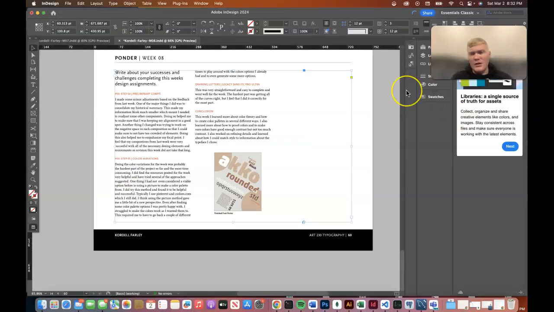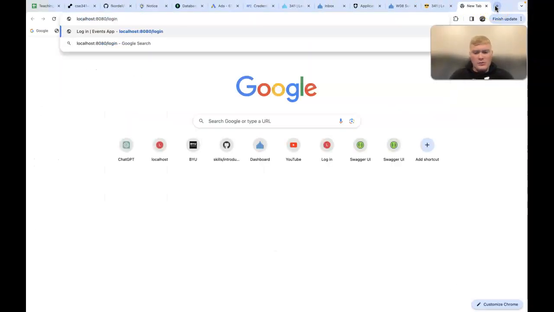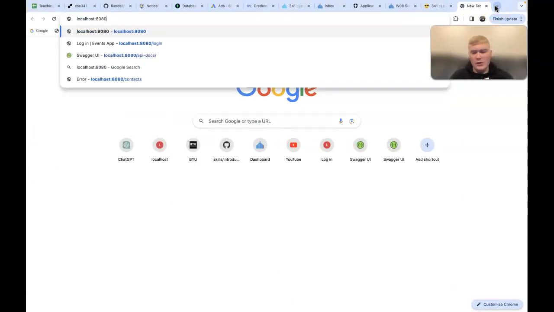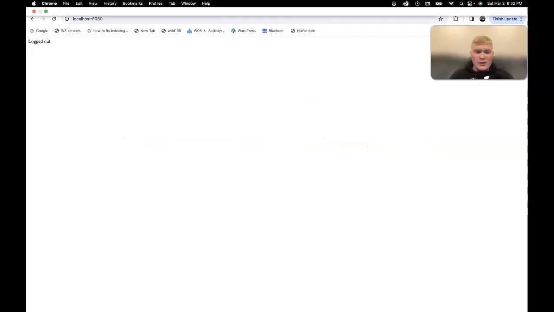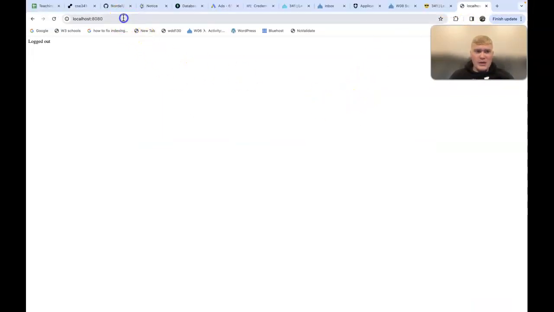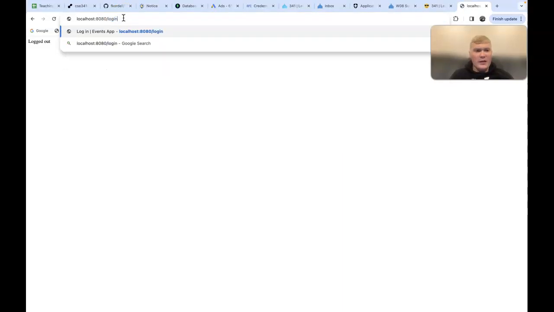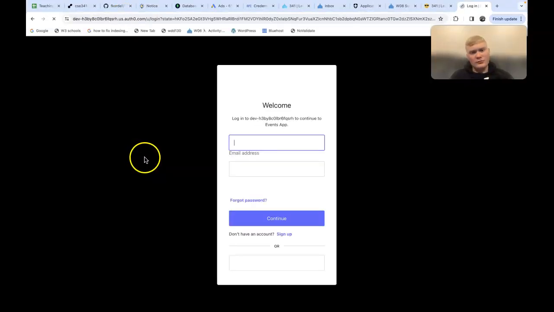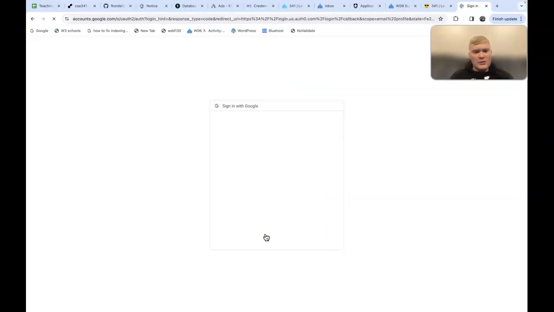So I can start running on that, and I'll just show right here. If I hit the localhost, and this hopefully will be working on Render as well when we fix it on Monday, I can hit the logged out route, and then I can hit login, and it does redirect me to Auth0 for authentication, signing in. So I can click on one of these options,